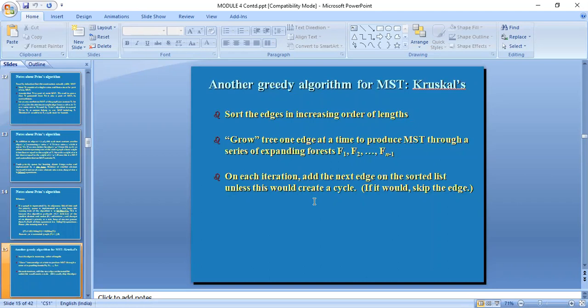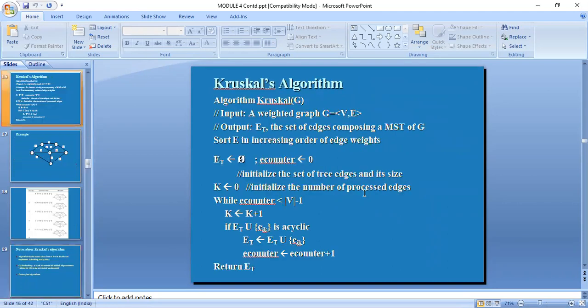In Prim's algorithm, once we are constructing a tree structure, one of the vertices will be in the tree and the other will be taken from the unseen vertices. So it is easy to identify whether it forms a cycle or not. Here we will see the algorithm. In the algorithm, the edges are empty and the counter is 0. How many edges will there be? The number of edges will always be one less than the number of vertices. Each time you join an edge, you check whether it forms a cycle or not.